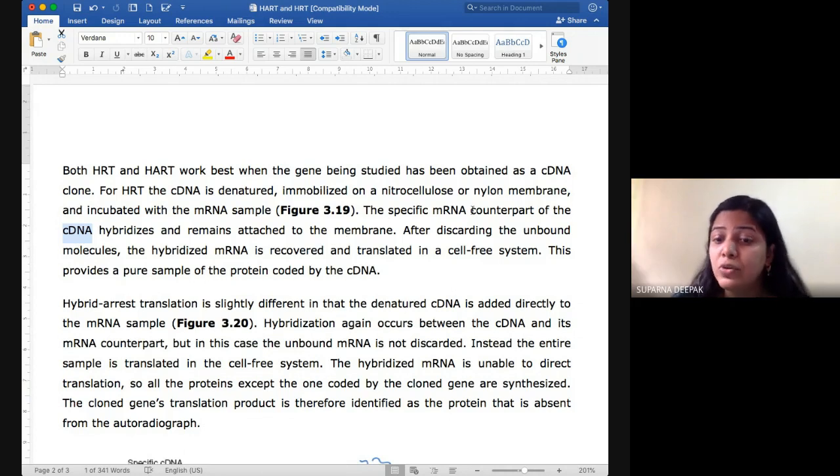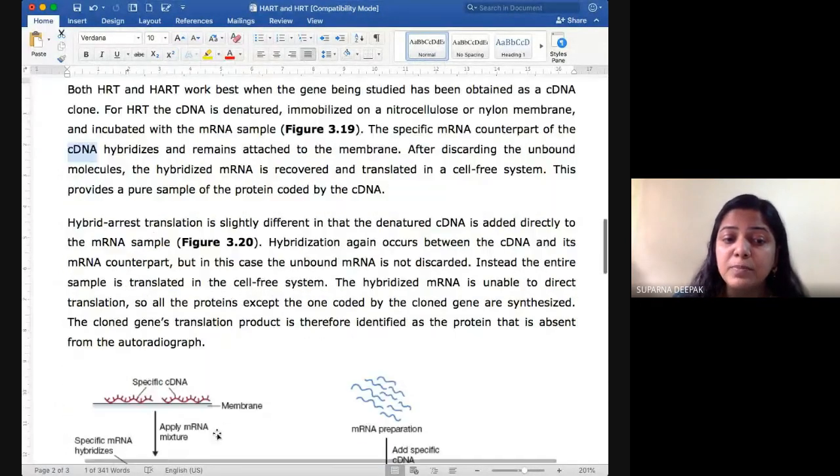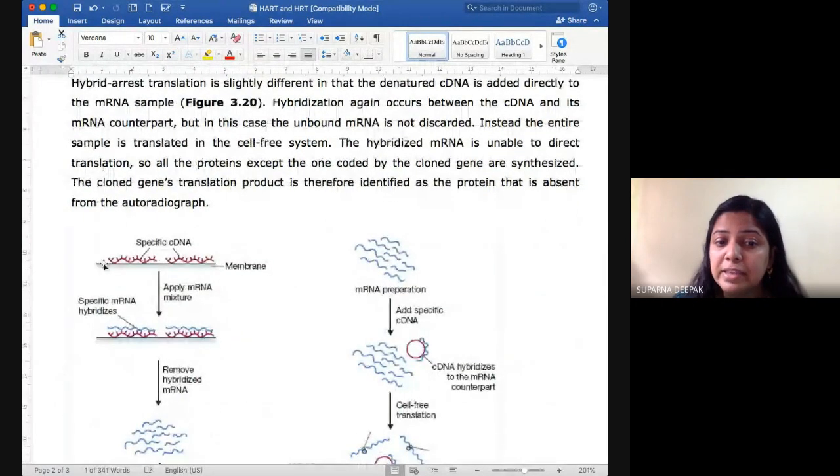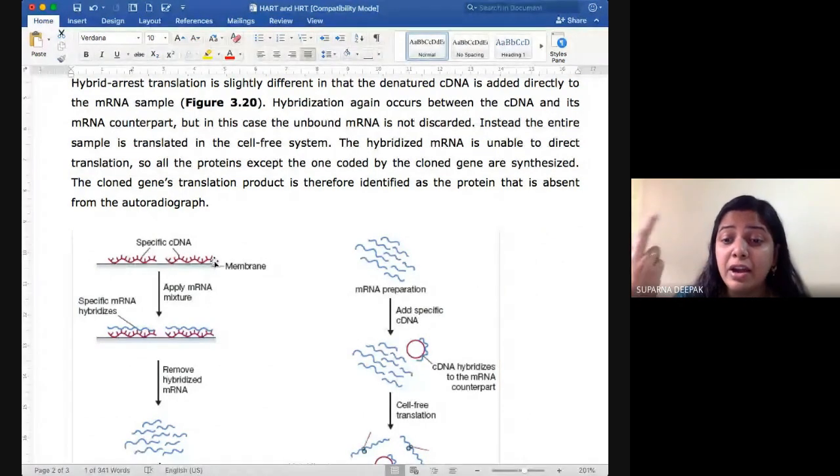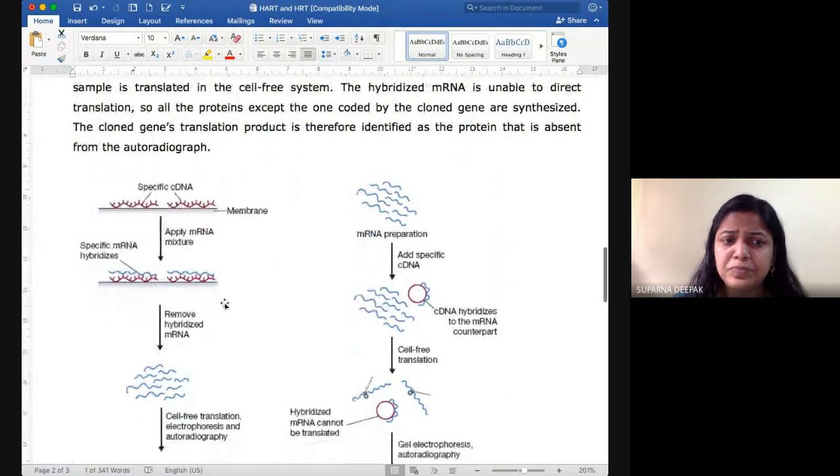So you can see that membrane, on the membrane you have your cDNA. That cDNA now gets bound to your mRNA. So over here, you have your membrane. To that membrane, what is coming and what is there? It is your specific cDNA, the cDNA to which we are trying to find out the complementary mRNA. So when the mRNA mixture is applied, only the mRNA which is complementary to this cDNA will go and